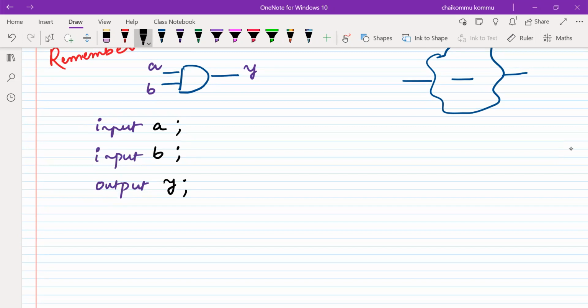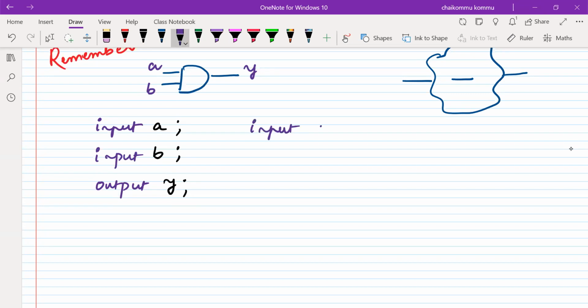But that net will take some value. What type of value it will take is decided by what kind of net that is, what kind of line that is. That line is a wire, or a register, or a time, or an integer, whatever it is. Normally we are treating that as a net by default. That line is called a net. That net will take the value of wire data type, or net data type. So what we say is that the default is actually net data type. So actually the right notation is something like this: input.